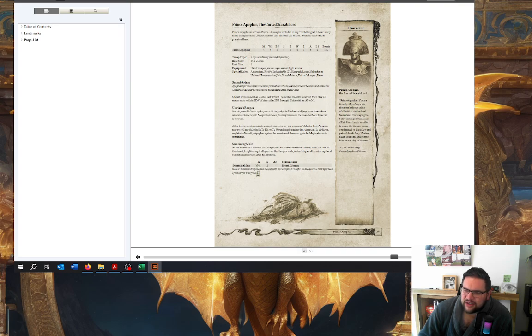Which is such a dumb rule because it's strength 2 anyway. Why not just put an asterisk there and say this always wounds on a 4? Because how many toughness 1 things are there? I don't think there are any. So this is such a redundant rule. Anyway,